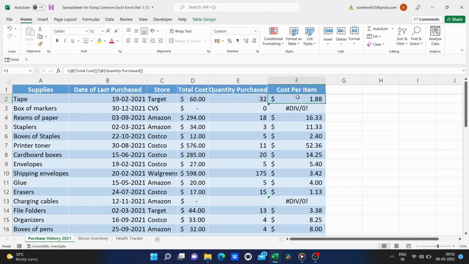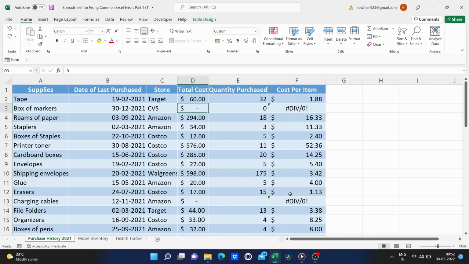Okay, so let's look at the next row. Here I have nothing. 0 basically divided by 0. Well, that produces an error message because it's not possible to divide 0 by 0. It's not possible to divide 100 by 0 either. So that error message is accurate. It's telling me the truth. There's an error going on here. The thing is, it looks so bad. It looks so ugly in my spreadsheet. So how could I fix that? And you can see there's another example of it down here.